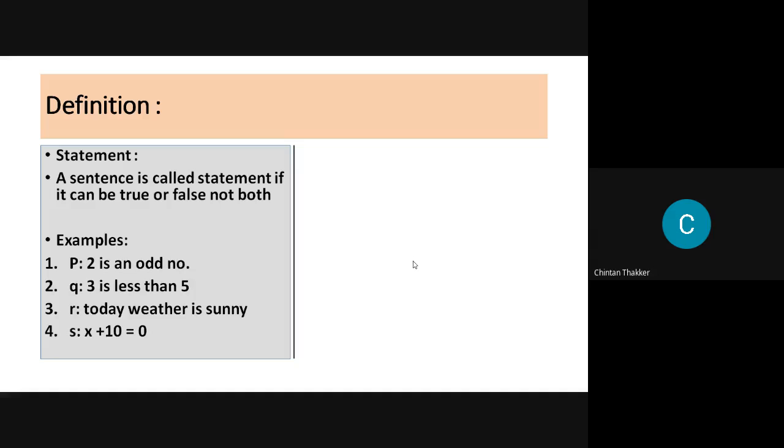Then we have x plus 10 equal to 0. Write in the chat box, is it a statement or not?